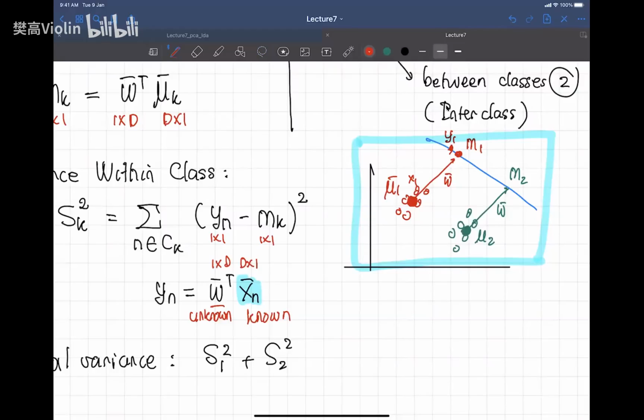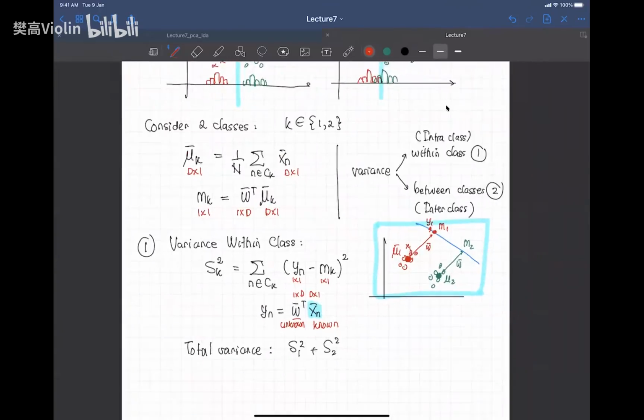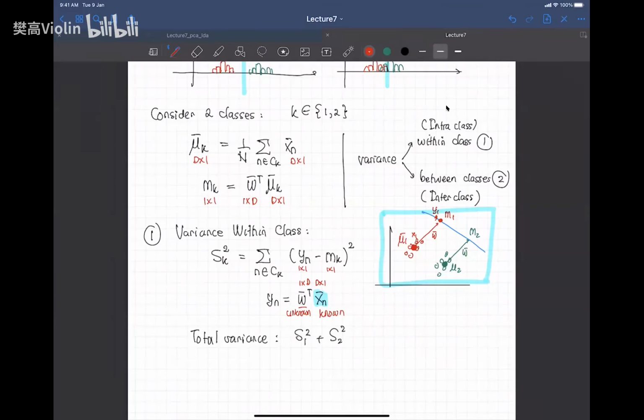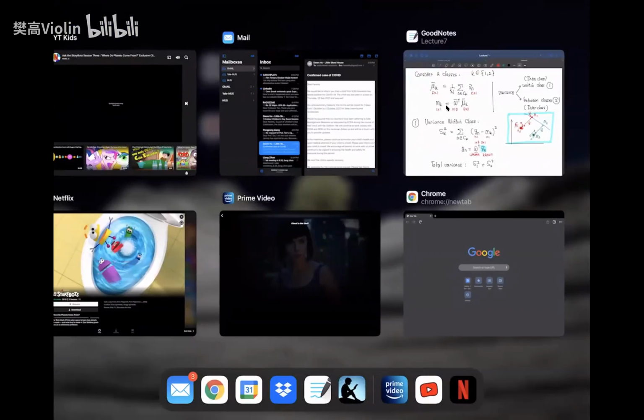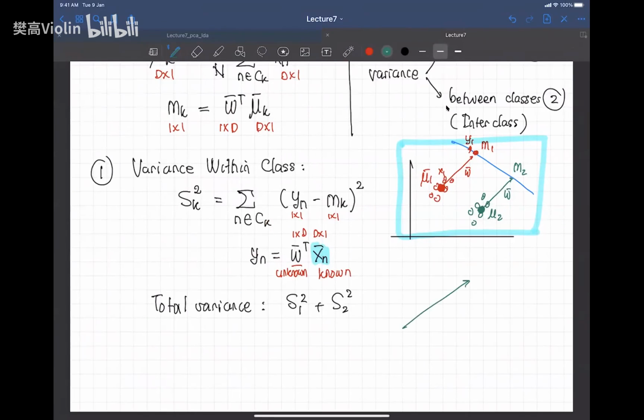So the W is from SVD or something? No, W is not from SVD. There's no SVD here yet. W is a transformation, a projection. You don't need to know now because we do not know what W is, but it's a projection. So I give you the idea of projection. For example, if you have a point here, and then you want to project that into this location there,